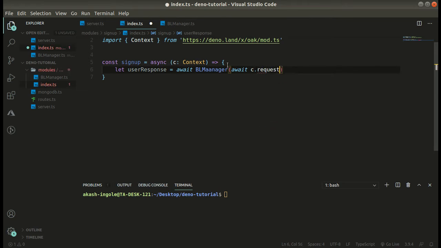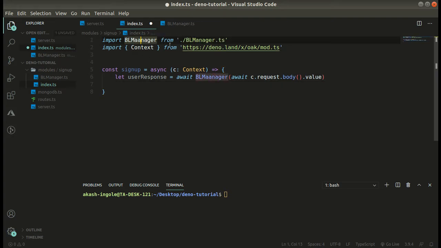And how we get the request, we get the request from context.request.body.value. So this is how we get the request that I'm going to pass to the BL manager.